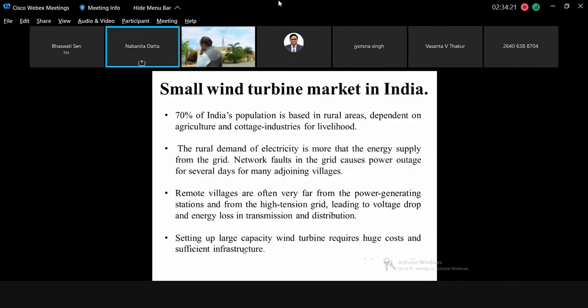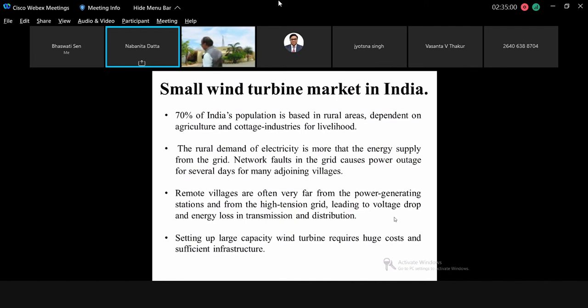Okay, now let's see the opportunities in the small wind turbine market in India. We find that most of our population lives in the villages, and the rural demand for electricity is there, but there are many network faults in the grid which cause power outage for several days in the rural areas. Now, these rural areas are very far off from the power generating stations and from the high tension grid, if you look at the grid map of our country. So, which leads to the voltage drop and energy loss in transmission and distribution. So what we thought is, if such rural areas are located in places where the wind potential is good,